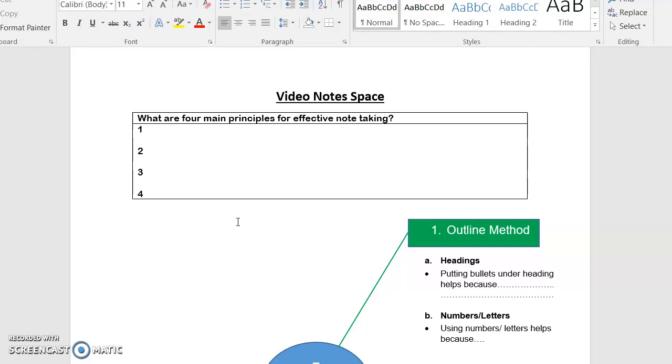A few were onto it, a few weren't, and they weren't used to being in a blended environment and using technological tools like this. So I realized at that point that I was going to have to train them more than expected in how to use online stuff while teaching them to reflect on note-taking. So I was kind of doing 2 things at once.